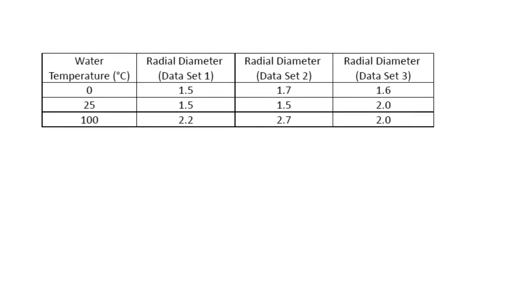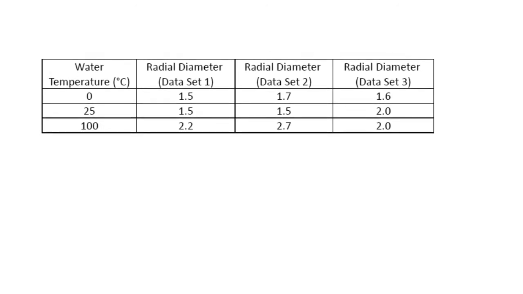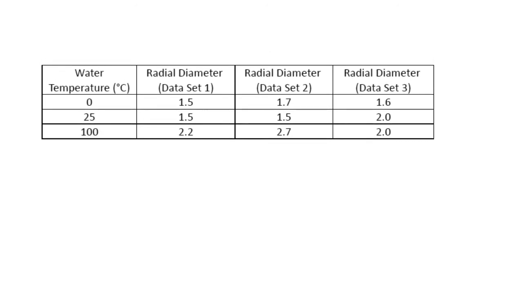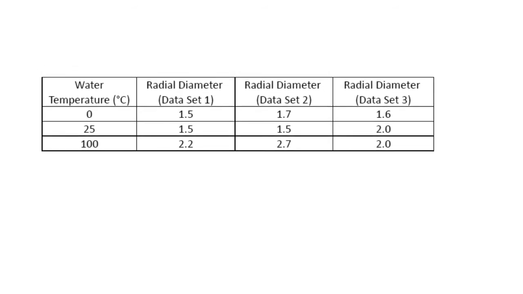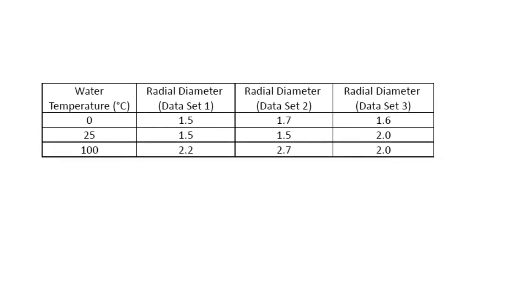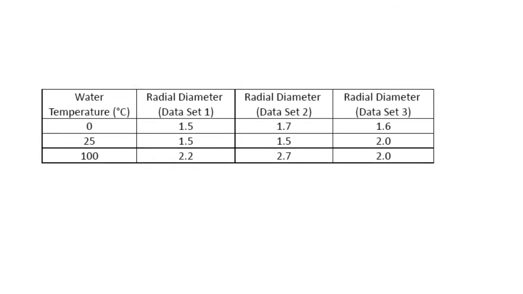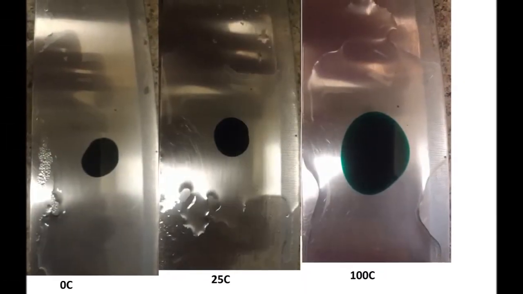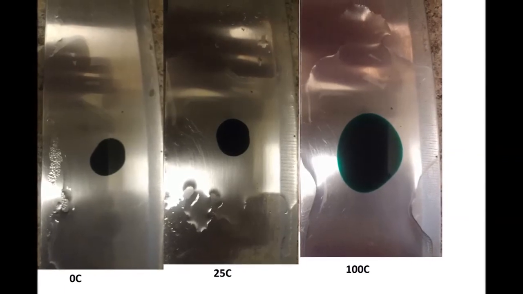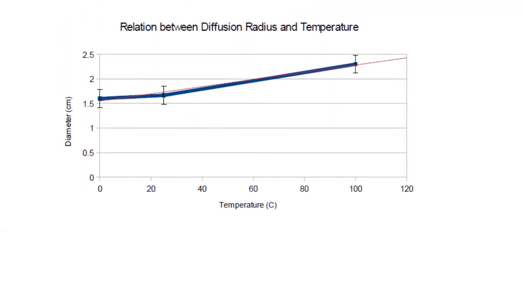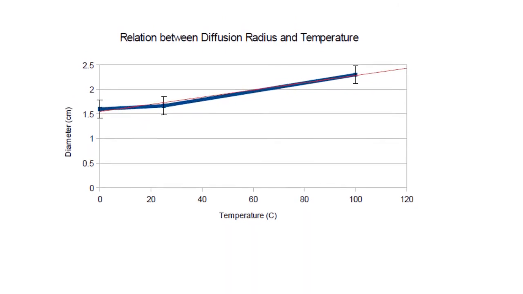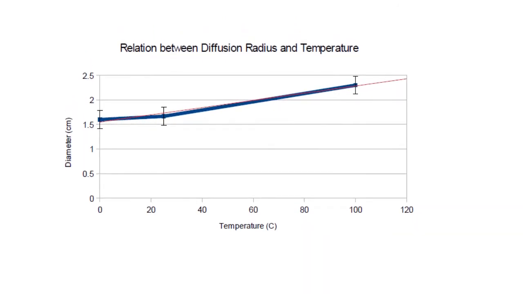Our calculated results show that the rate of diffusion is clearly larger in the 100 degrees Celsius experiments, and that there's a slight difference between the 25 degrees Celsius and the 0 degrees Celsius experiments. Visually, the 100 degrees Celsius diffusion appears to be much larger than the 25 degrees Celsius and the 0 degrees Celsius experiments as well. When the averages of the 3 results are plotted, there's a rough linear relationship between the 3 results, which is in agreement with the equation that